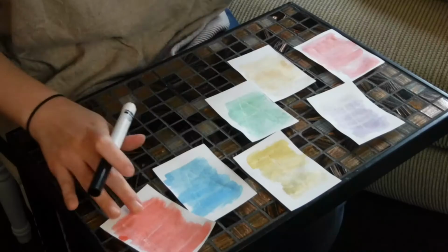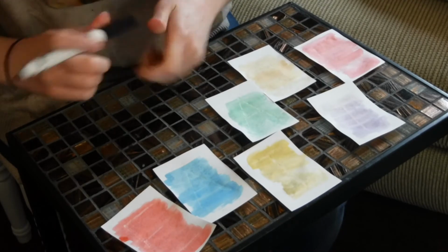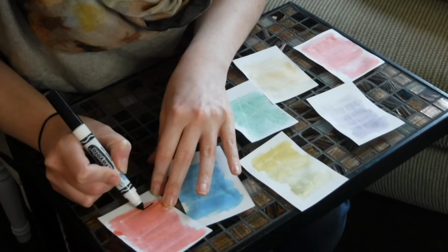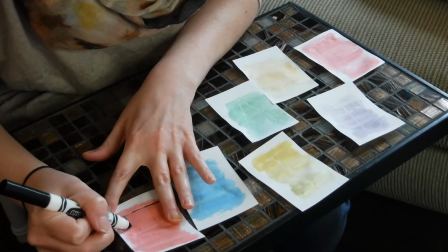Okay, so I went through all my other pieces of paper and found all my other clues, but what I'm going to do is I'm going to go ahead and take a black marker. So if you have a black marker or a black crayon or just a pen, I'm going to go over the letters that I see so I can see them a little bit clearer to better help me put together all of my clues. So I'm going to go over my first letter that I found, which my first letter that I found was the letter